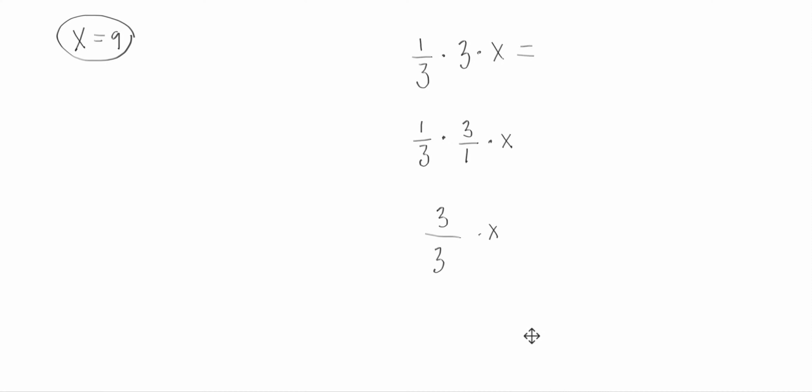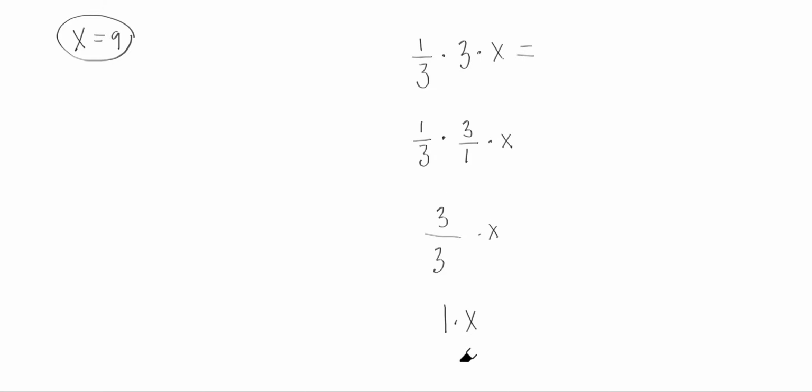And then again, if you know your fractions really well, you know that this is just 1. So this is actually 1 times x, which is the same as just x. Right? So here, pretty interesting, you can divide both sides by 3, or you can multiply both sides by 1/3,